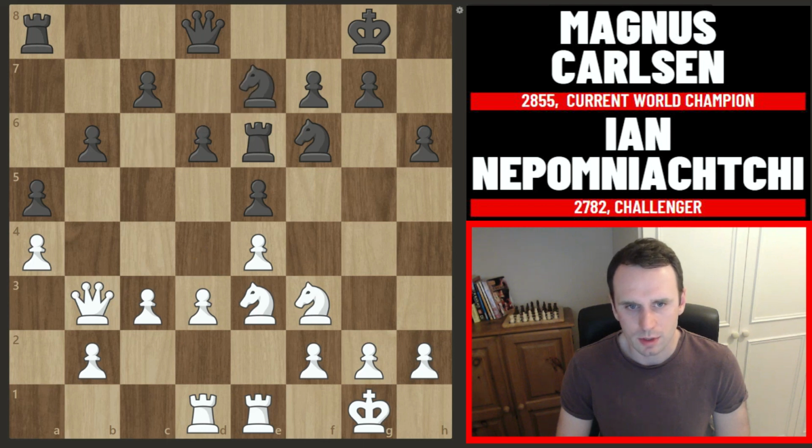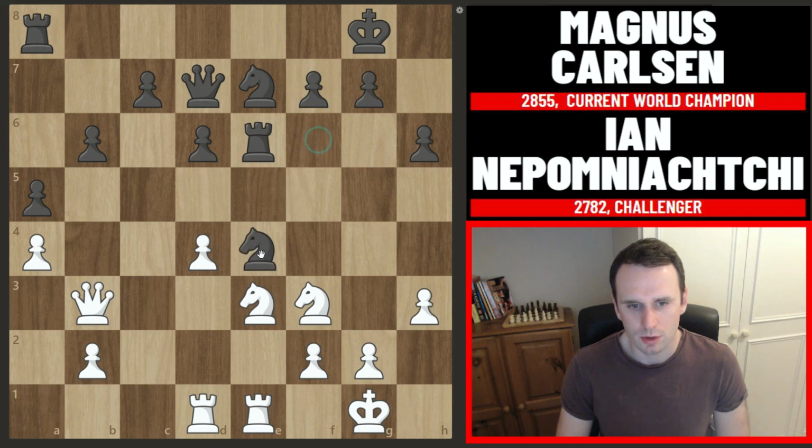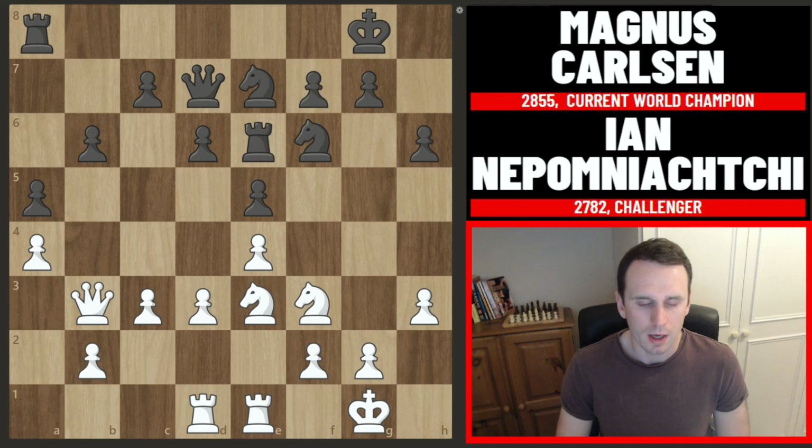We had knight to e7 now from Magnus, and pawn to h3. Now the queen slides up to d7, just a steady developing move, preparing to bring the rook across, and this is where Ian now has to find a plan. So he wants to play d4 at some point, but you can't do it here immediately, because after pawn captures, let's say pawn recaptures, then you're losing this e4 pawn here. So he can't go with that immediate break,